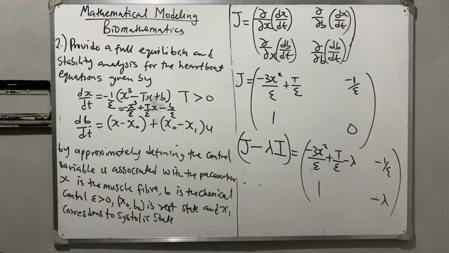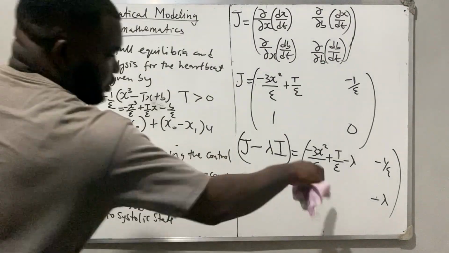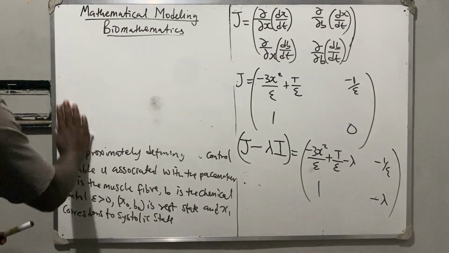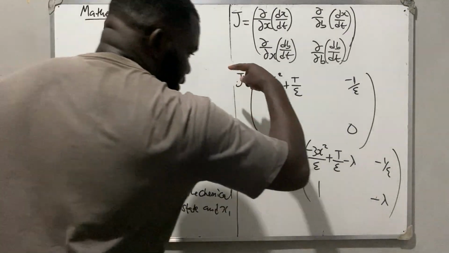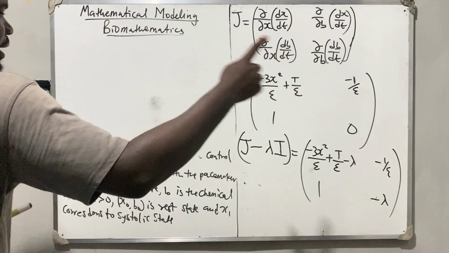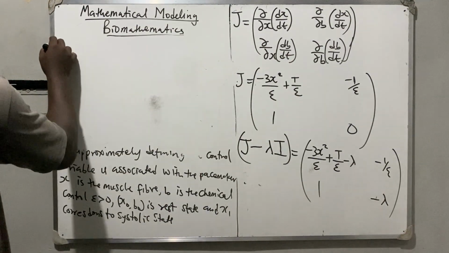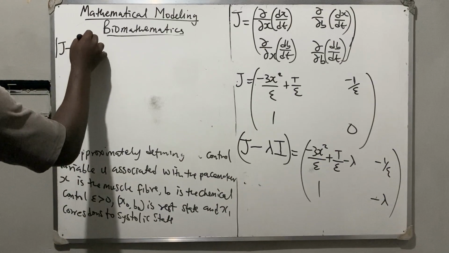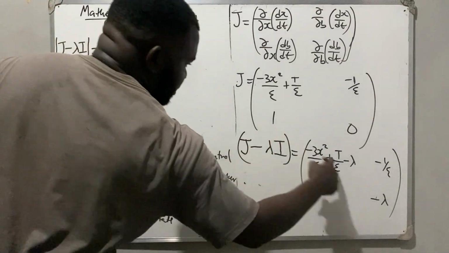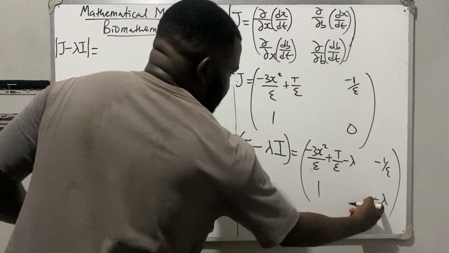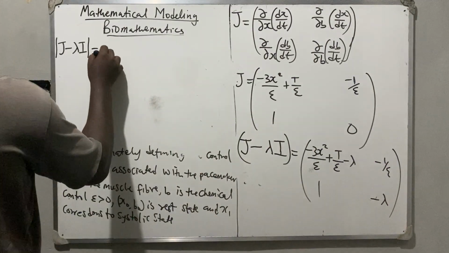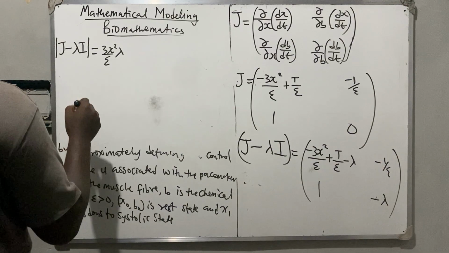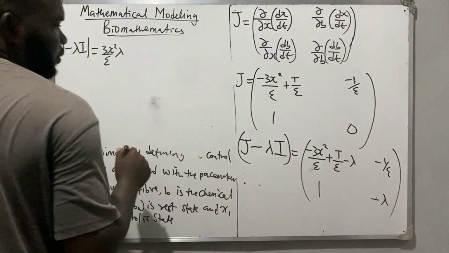The next thing we're going to do is to find the determinant of this. Permit me to clean here. To find the determinant of this, you know that the determinant of a 2 by 2 matrix is just cross multiply, left minus right. So the determinant of J minus lambda identity matrix will now be equal to, this times this will give us 3x squared over epsilon lambda. This one times this one will give us